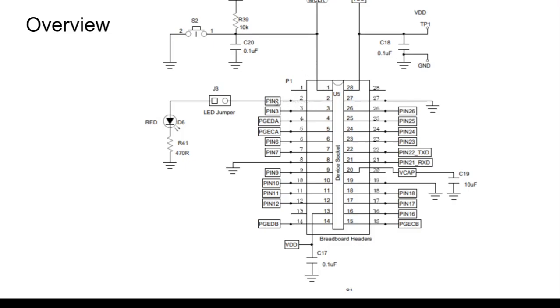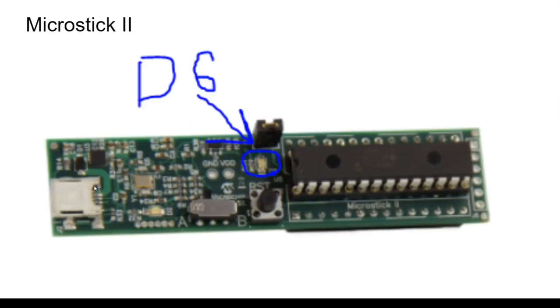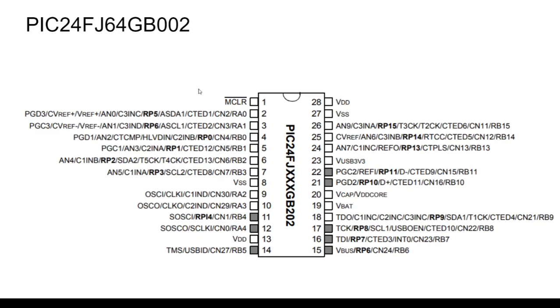On pin 2, it goes to a jumper and then to an LED, which will be the one that we will light today. Here is a picture of the Microstick 2. The jumper is the black thing on top, and then the circled part is the LED. Here is the pinout for the